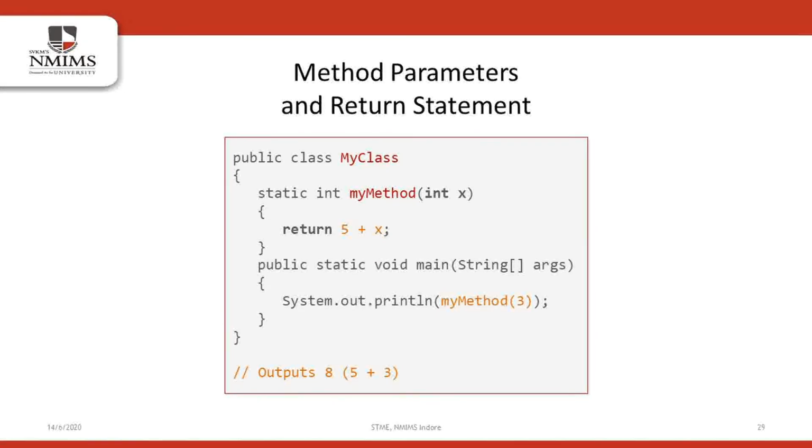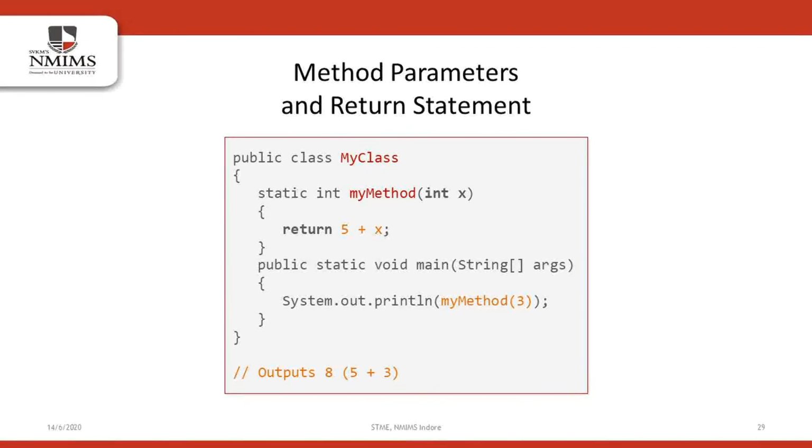Parameters are nothing but the variables used inside a method. They are generally specified after the method's name within the parentheses. You can have as many parameters as you want, just separate them with a comma. Return statement is a jump statement which is used to exit a method with a value. If we use the return statement, we can exit the method with a value in our hand. If we do not use the return statement, we won't be having any value with us when we exit the method. This value which we have once we exit the method is of the same data type the method has been declared of.